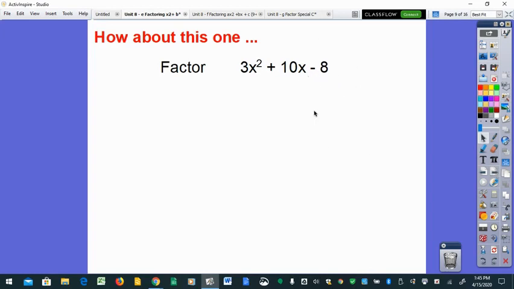It's looking all the same except for the fact that in ax squared plus bx plus c, the a is no longer going to just be 1. And that's going to kind of make things a little bit more complicated as we try to figure out our factorization. So guys, I have some practice for you to do,